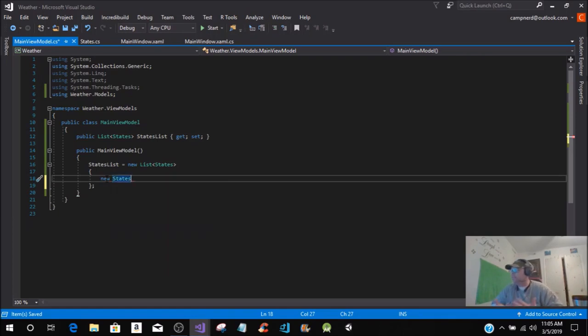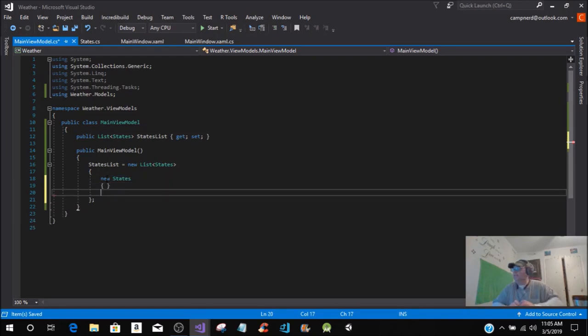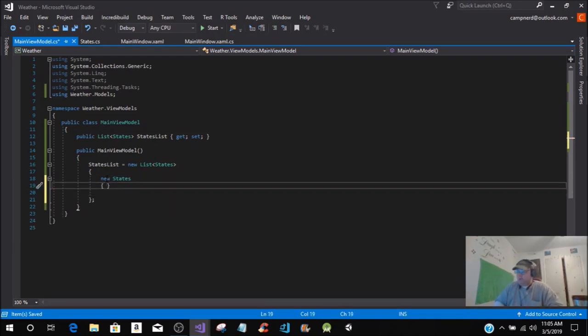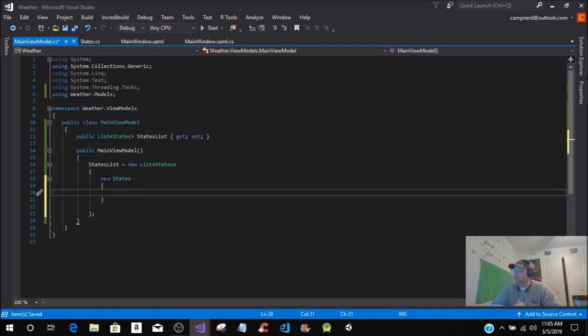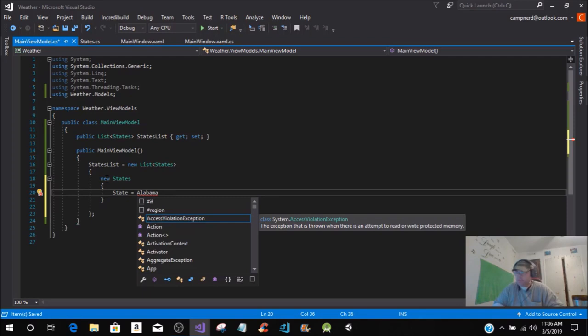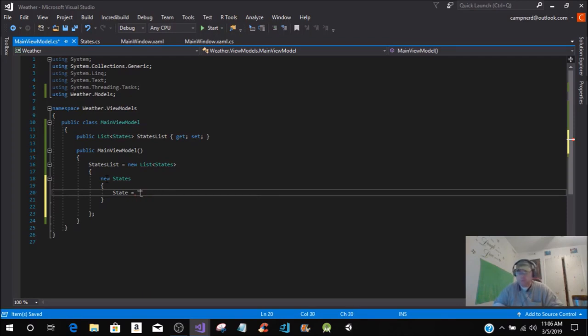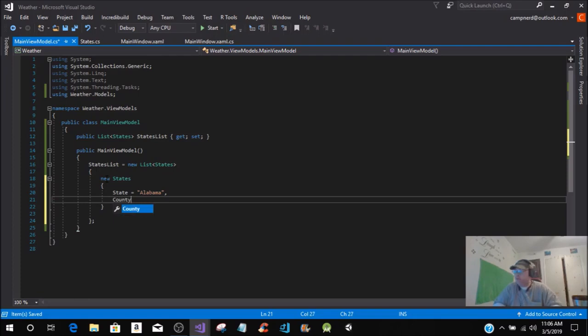Or states, whatever you want to call it. And this new states is going to be like so. And this is going to be state equals, and we are going to put Alabama, but you need to put it in quotation marks. Alabama. All right, and instead of doing a semicolon, you're going to do a comma, and you're going to put